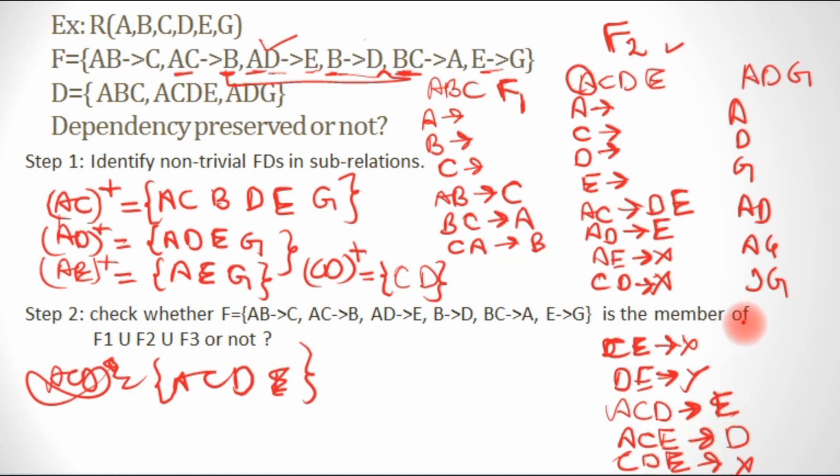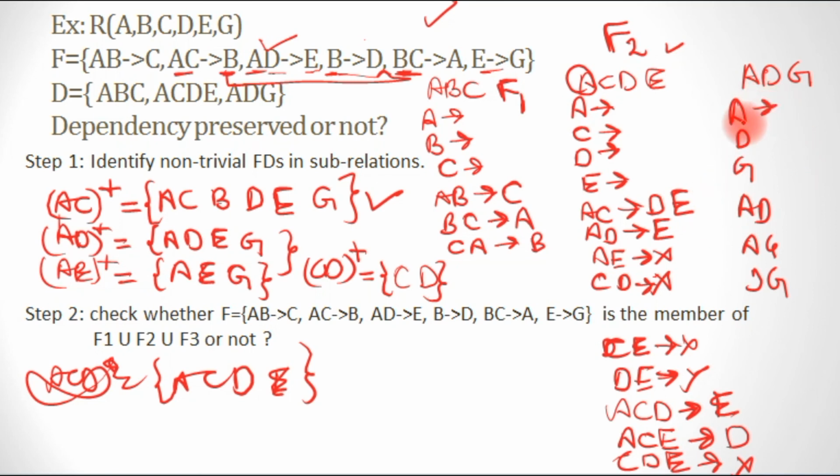See, in the exam, you will be given so much less time. To solve a question, you will require a lot of time, but you have to solve this question in minimum time. So the better way to solve this question is observing. First observe all the functional dependencies, then you just write. And if you have some confusion, then write the attribute closure. Otherwise, just observe and write the functional dependencies.